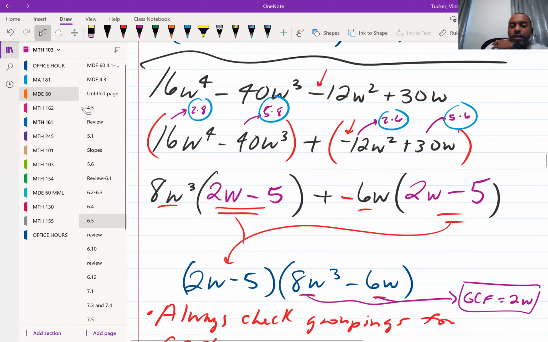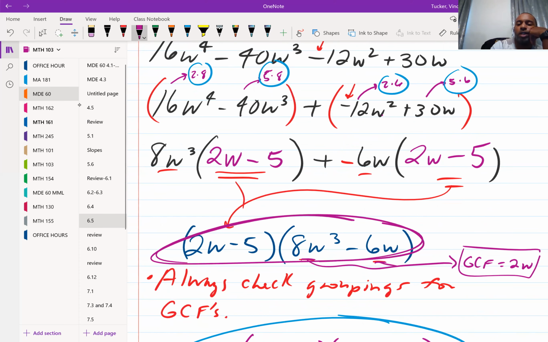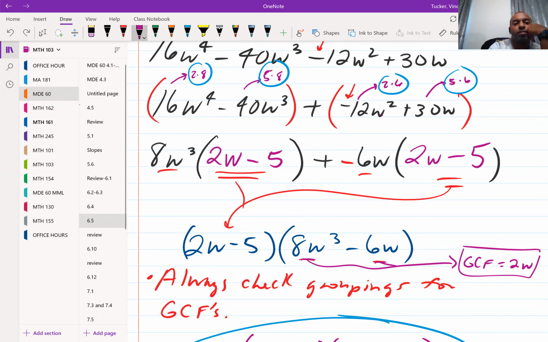All right, so one last thing. Notice I said always check your groupings for GCFs. Always make sure that this is factored as much as possible before you say that you have your answer. So if you notice, hold on. Yep. So if you notice in my second grouping,